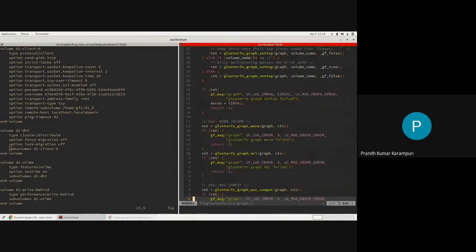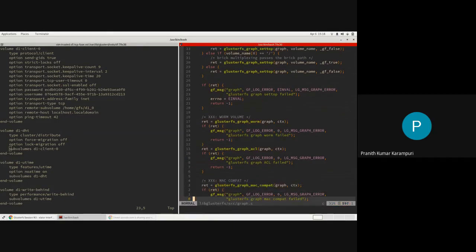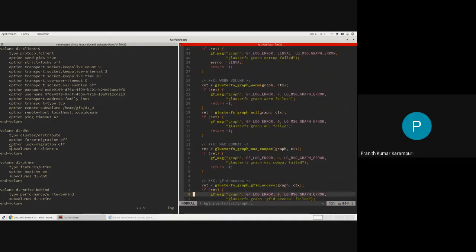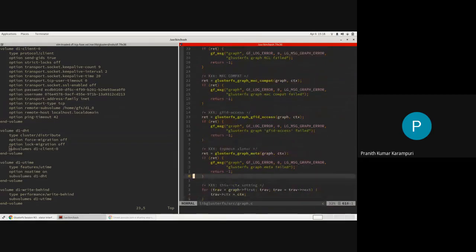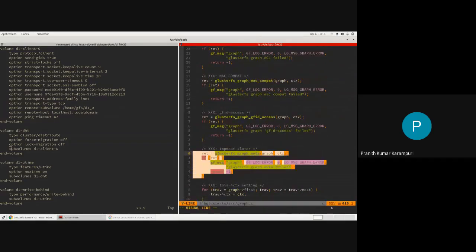Some of them, like the access control translator, we load by default. Worm is write once and read many times. This Mac compatibility, I think that is not in use now. GFID access and meta is the one that we have seen, like that dot meta, and we saw some configuration in private, right? So that is what meta is.